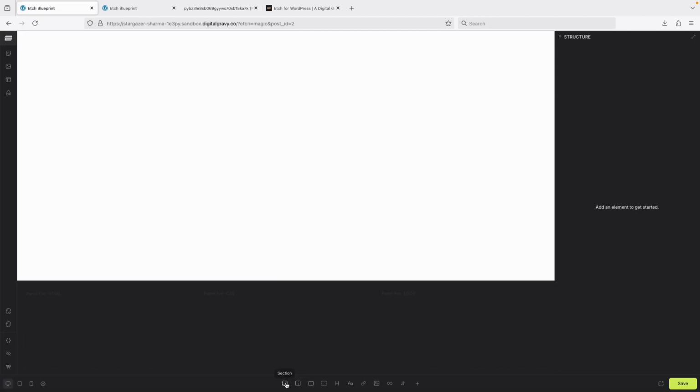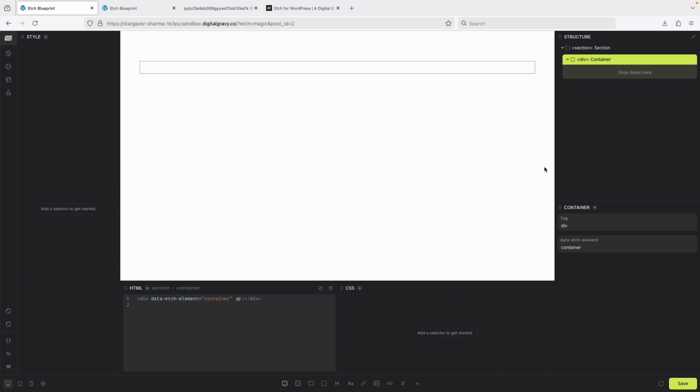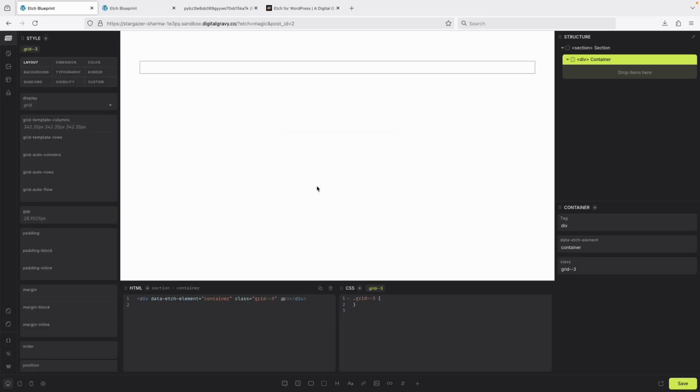The first thing we'll do is we will add a section, and we don't want our cards to be full width, so in this container, we are going to give it a class of grid3. This is a class that AutomaticCSS gives us that will set up our grid, and from there we can start working. So we'll add a new div for